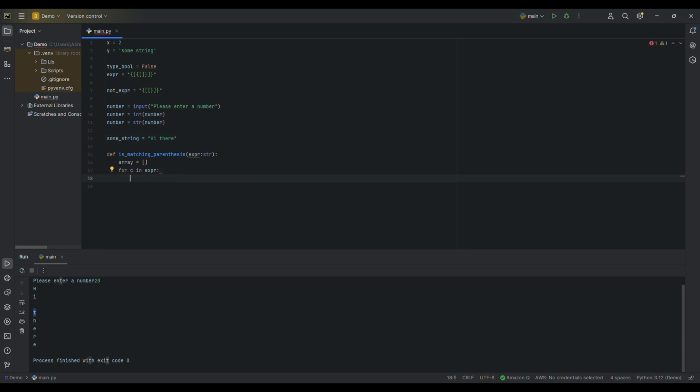Now we have to indent one line, right? Now if C is equal to an open brace, or if C is equal to open brackets, you push it onto the stack, array dot append. Okay, we are treating this list as a stack. Append C. Okay, if it is not both of them, definitely it should be a closed brace. Else,